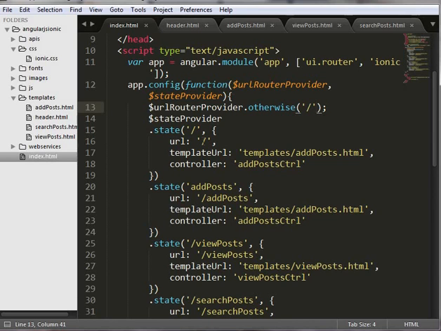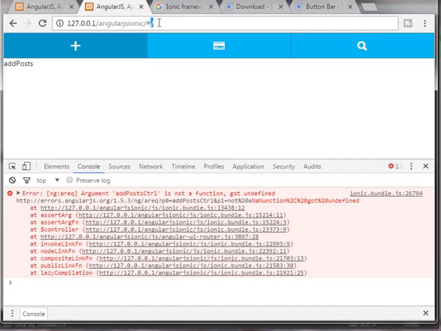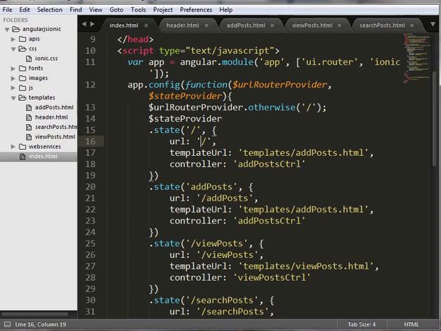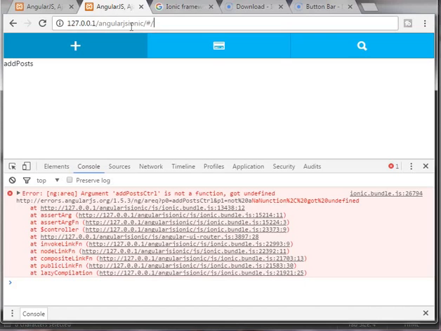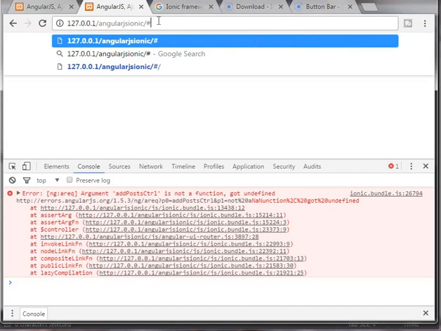which template should get called whenever we put this / at the end of our root directory. So whenever we set a / after the root directory, then the add posts.html template gets called. Here you can see this one is the add post.html template. So whenever I place /